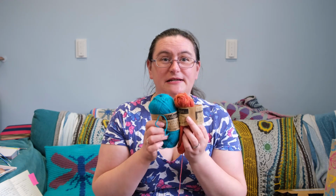Maybe next time I need to buy some Sheepies yarn. I'm trying to support my local yarn shop, mainly because I am doing knitting lessons there and I get a discount now, but I want her to survive. She's got a fantastic little shop. She's Jenny Bees. She does fantastic. The lady that works there, Molly, she's very helpful. She's very good at her job, and it would just be sad to lose such a fantastic little local yarn